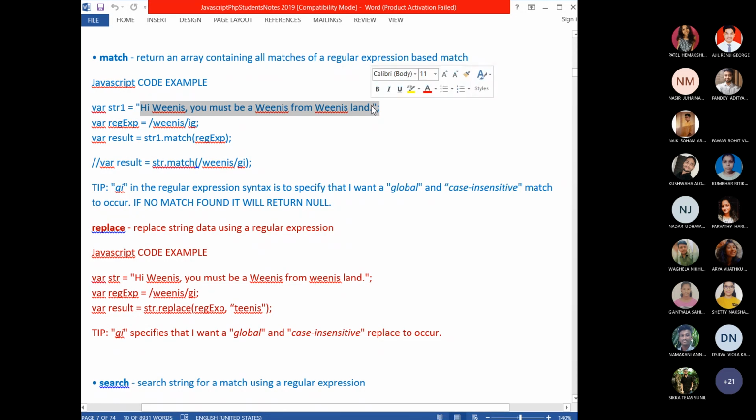If it finds any matches, it will give each and every match as an array element. So the return value of match is an array, remember. All the matches the match method finds in the given string will be the elements of that array.